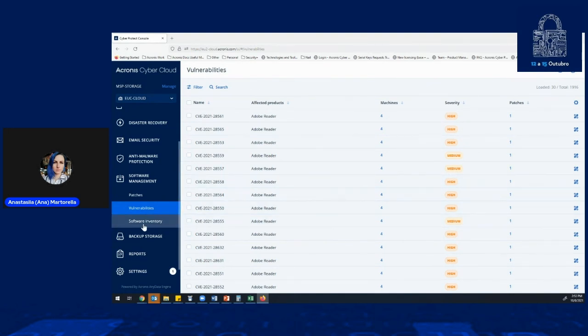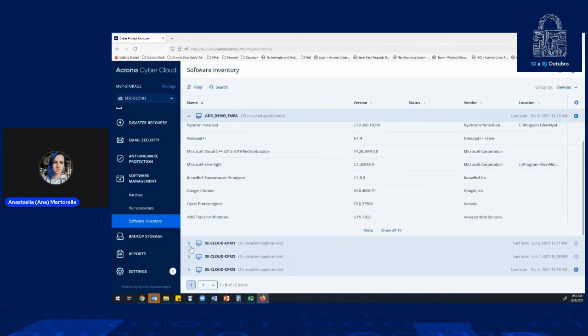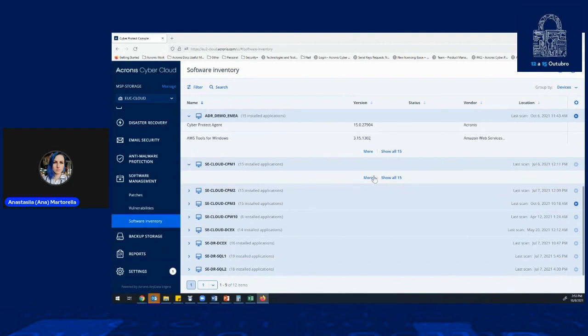Or we wait until the automatic updates start. Software inventory. Here we can see the list of the software inside of the machine. Also, the applications that were installed,